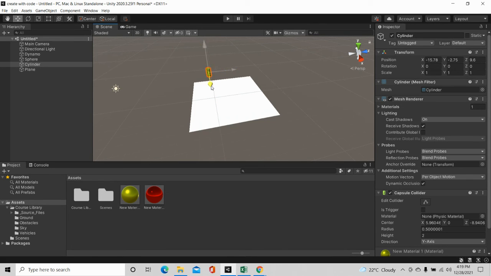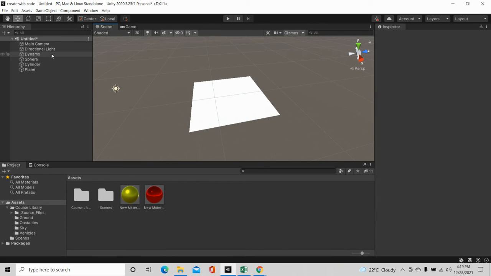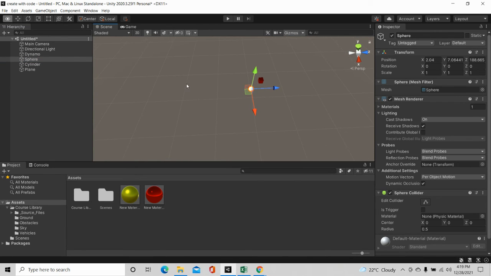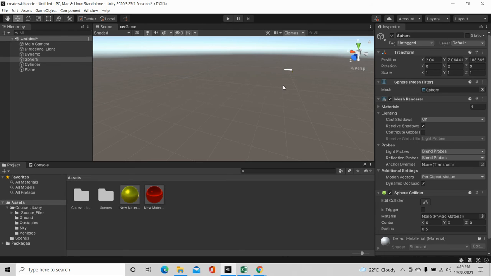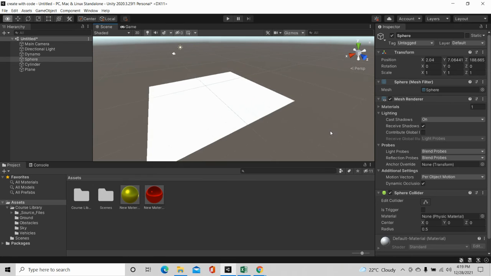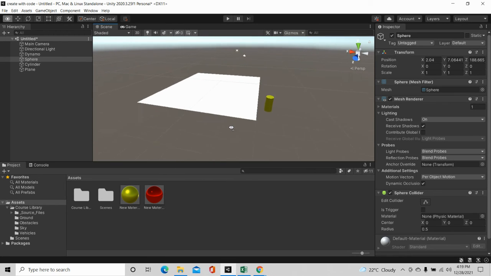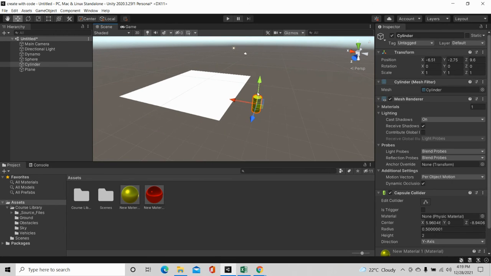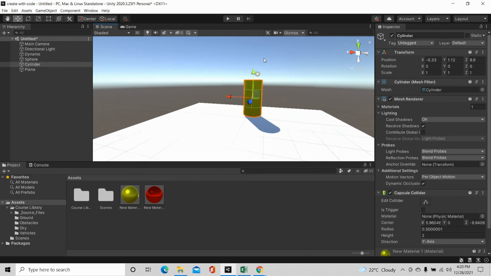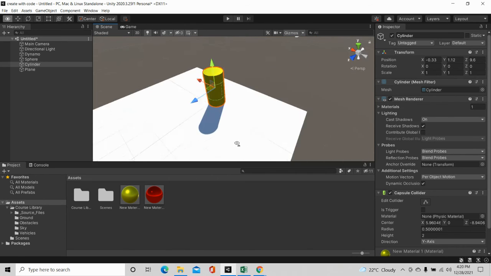Now we have placed some random objects here. To find where our game objects are, click Shift and the right mouse button. When you do that, you can traverse around different locations. Just click on this Y axis and then you can place these things on the plane. So we have placed a yellow colored cylinder on top of a particular plane.